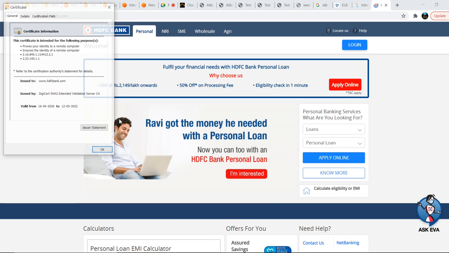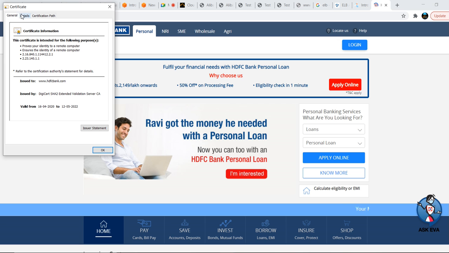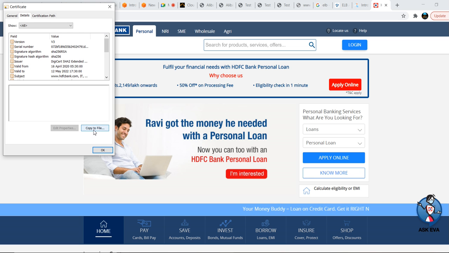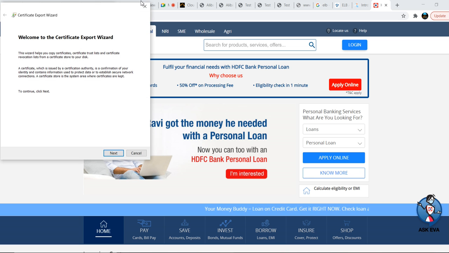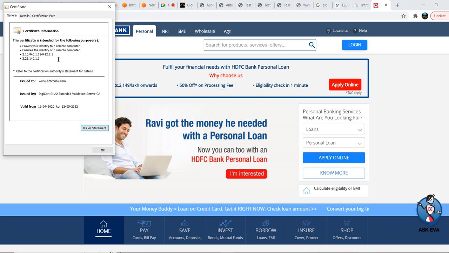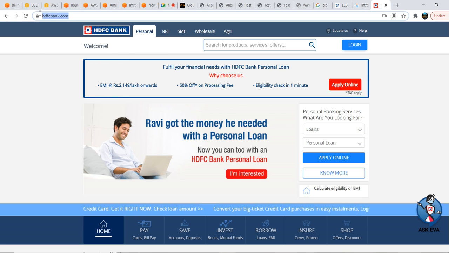Okay, certificate details or certificate path or something. Details, copy to file. Not somewhere here. Somewhere here you will see general, SSL or TLS. You can see here. Okay, what we will do, we will open it in Internet Explorer. There you can see easily.